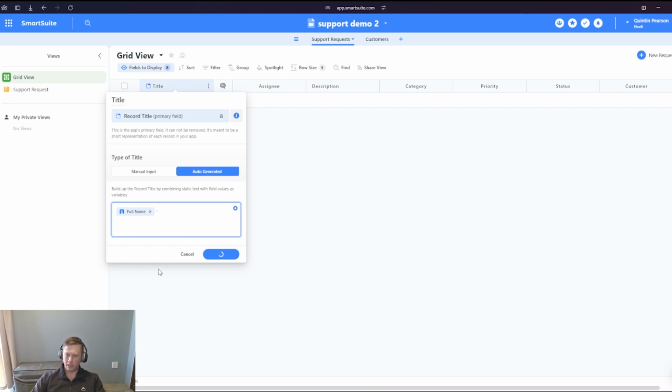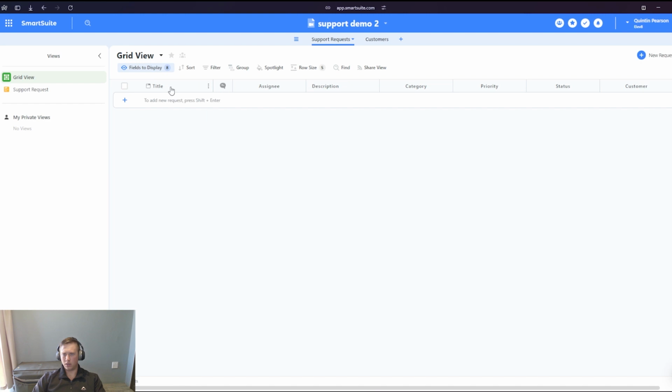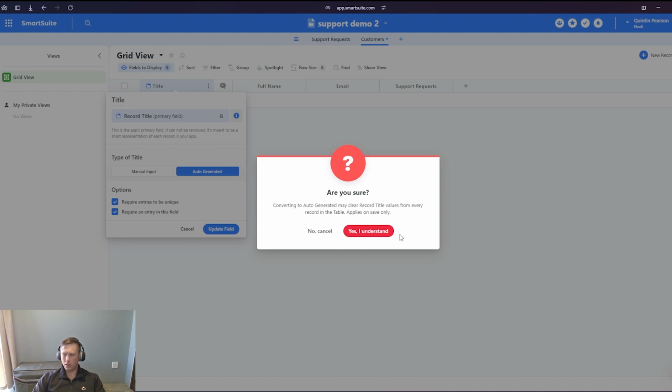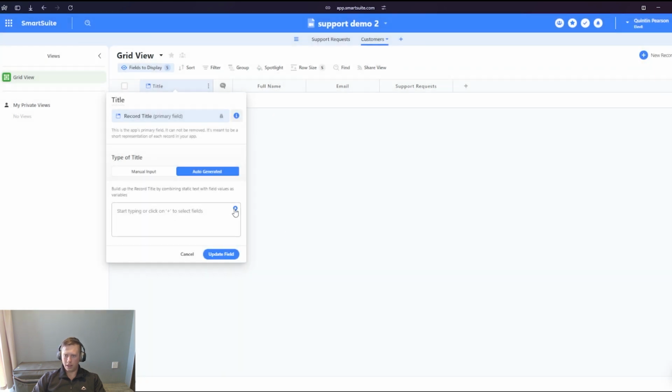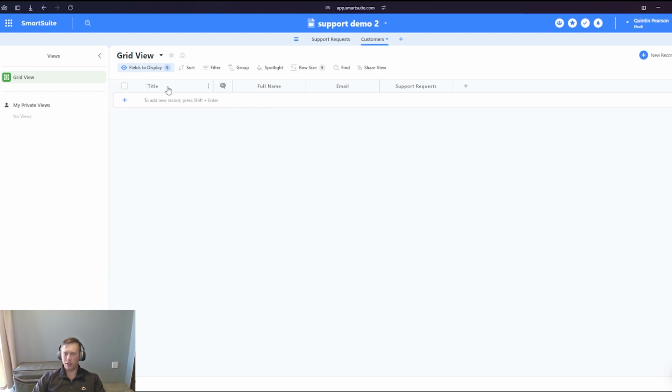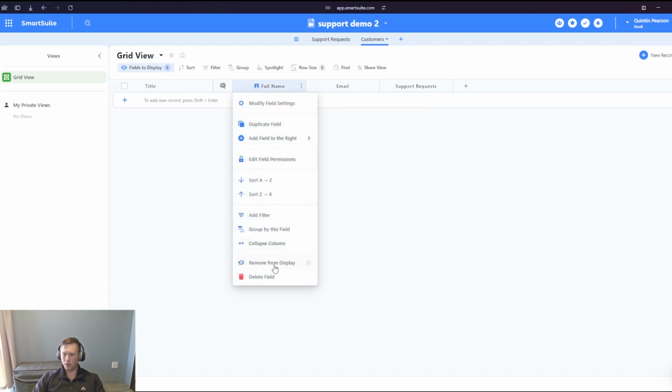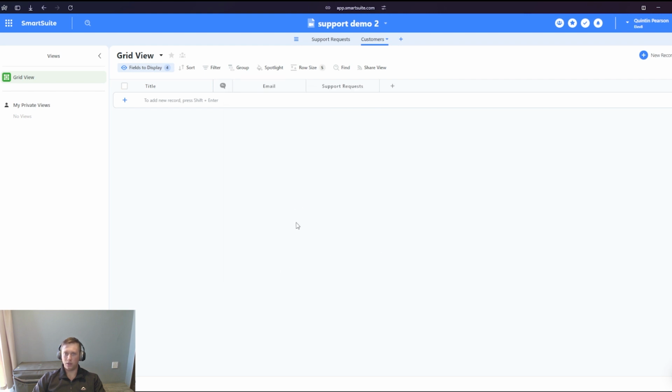Create some static information over there just to separate the full name. And then I'd like to select the category as well. Then it generates a title based on some information we have in the table. Same thing goes for the customers. So I'd also want this auto-generated, and then I'd want to use the full name for this and just update this field. Because we're going to have the full name in the title, I'm also going to hide this field,